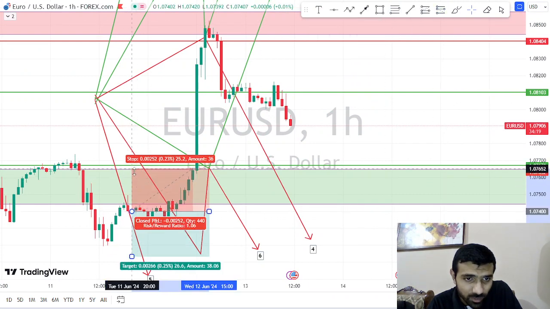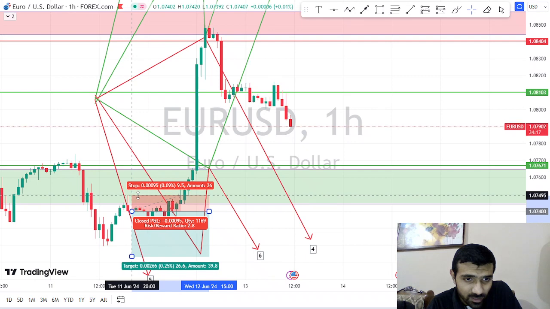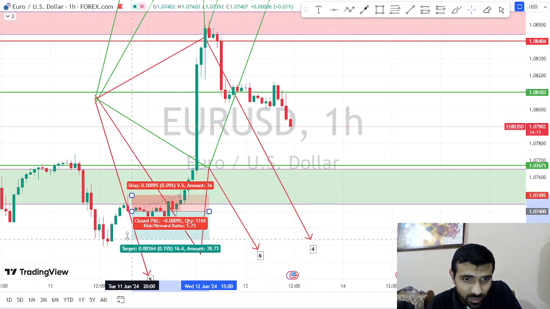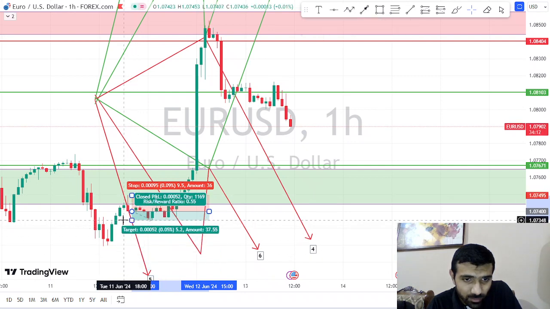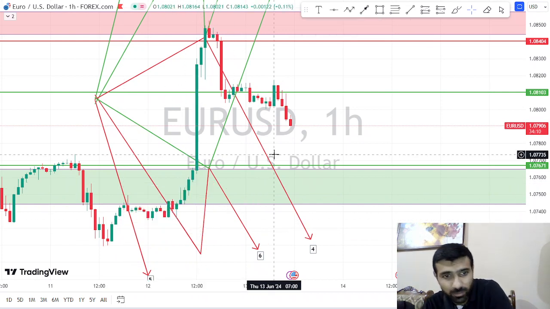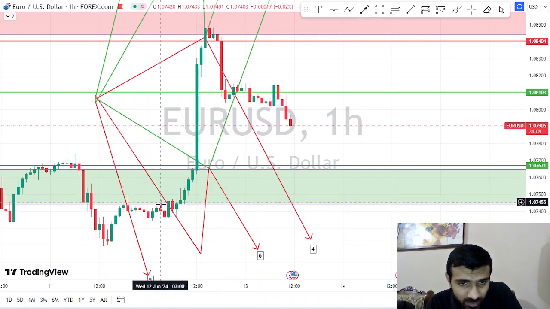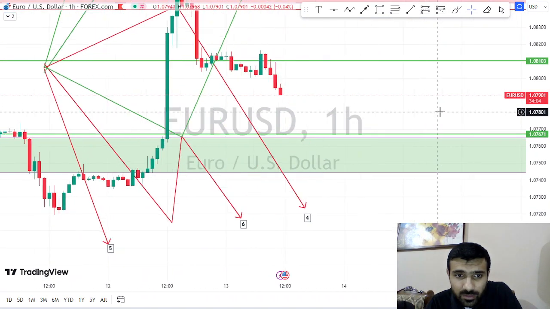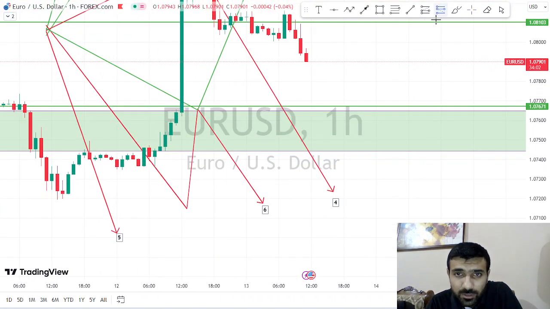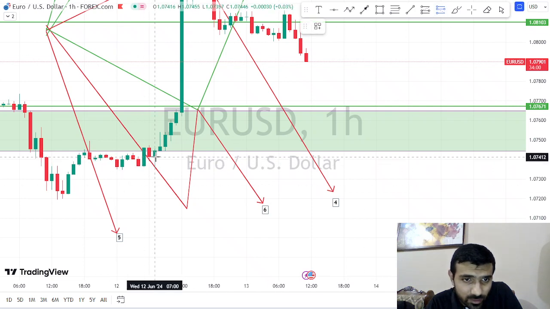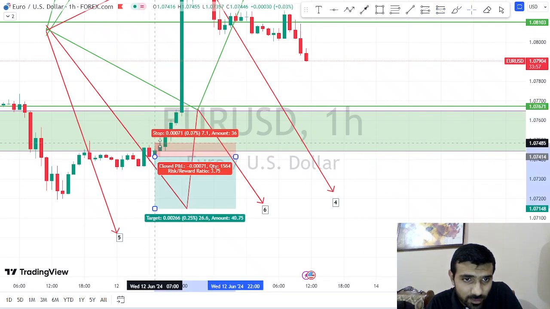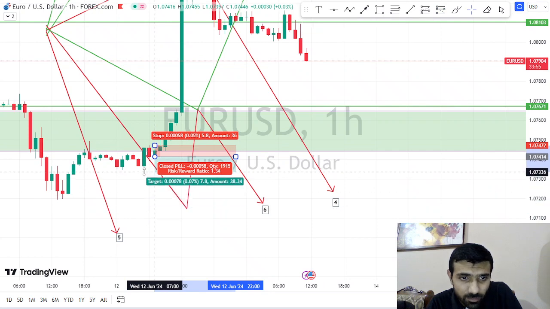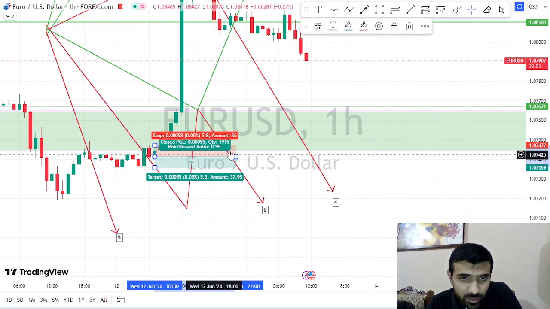From here, if we would have taken a selling, then this would be our stop loss, and our take profit level will be approximately over here, giving us a 0.5% profit. Then market again gave us an opportunity to sell over here. So let me take this entry over here. Our stop loss will be just above this previous candle, and our take profit will be over here, giving us